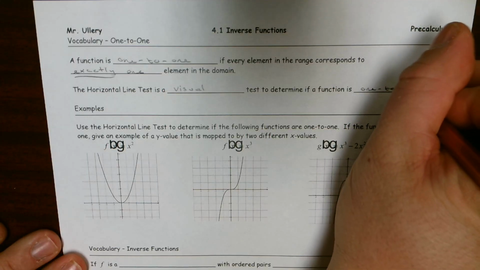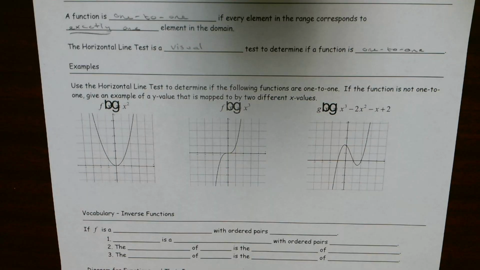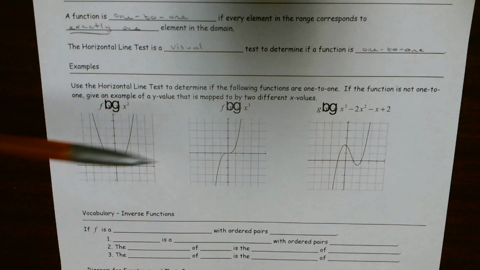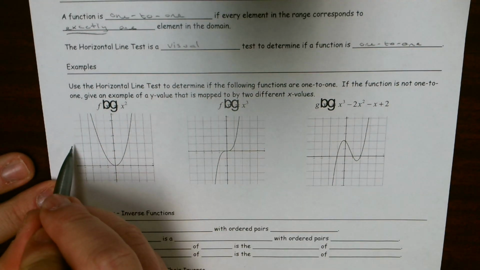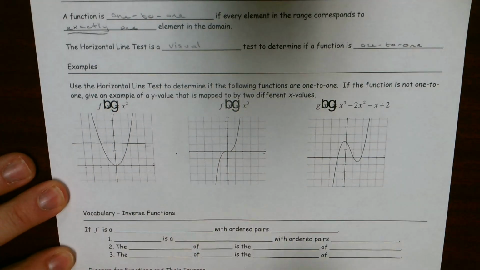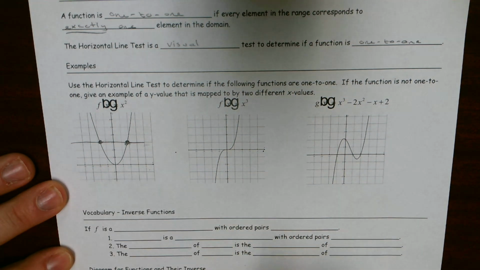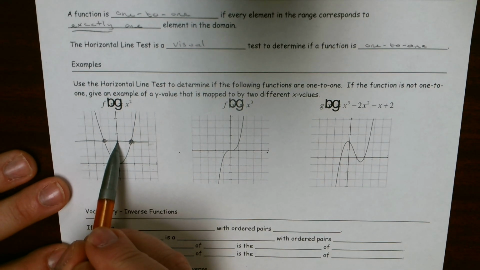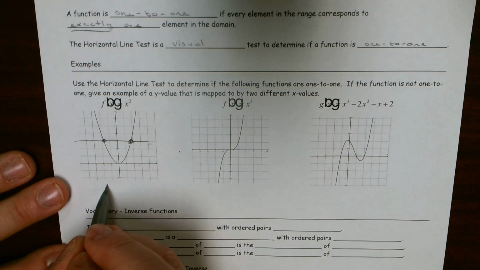So we're going to take a look at that in the next few examples, whether these functions are one-to-one. If we take a look at this first example, and you can ignore the B's and G's, that's just some printer code error, let's run a horizontal line through it. You can see that this hits the function twice. That means that each element of the range, this one which here happens to be the number 3, corresponds to more than one element of the domain, here and here. So this is not